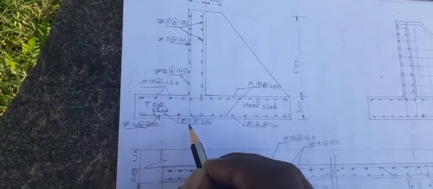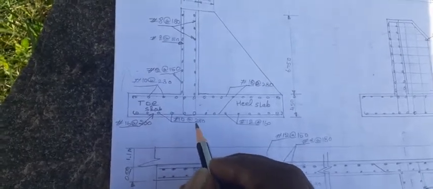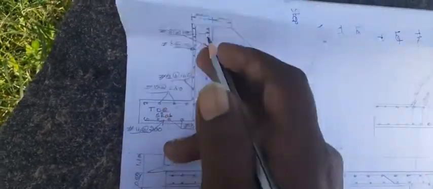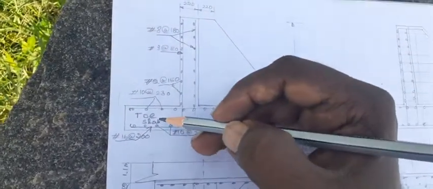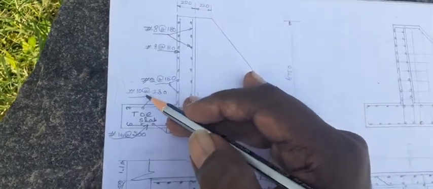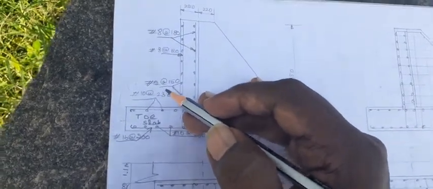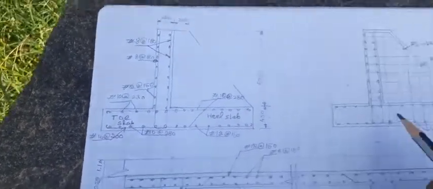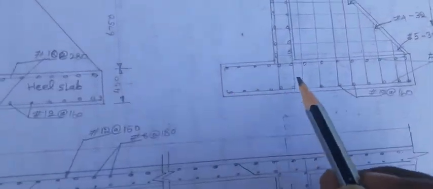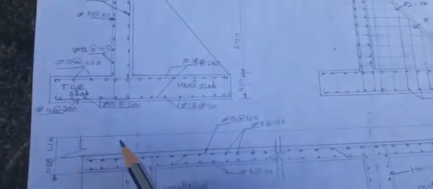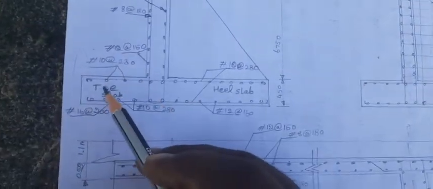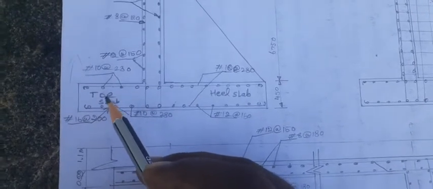So the distributor is a minimum reinforcement, 10 mm at 280. The same minimum reinforcement will be provided at the top face also. At the top face we are providing 10 mm at 280 mm center to center. The same thing we could provide all through the sections. So we can't show it in the top views. That's why here we only have the main reinforcement detailing, the toe slab detailing.